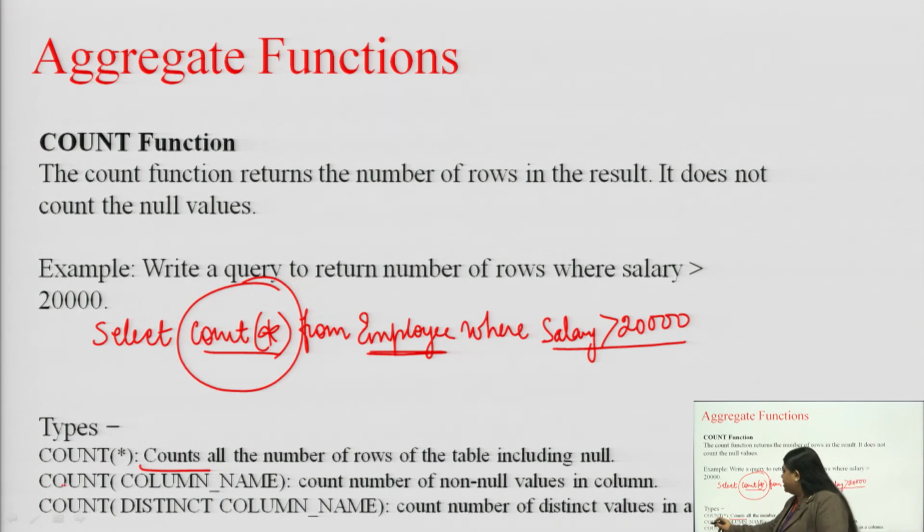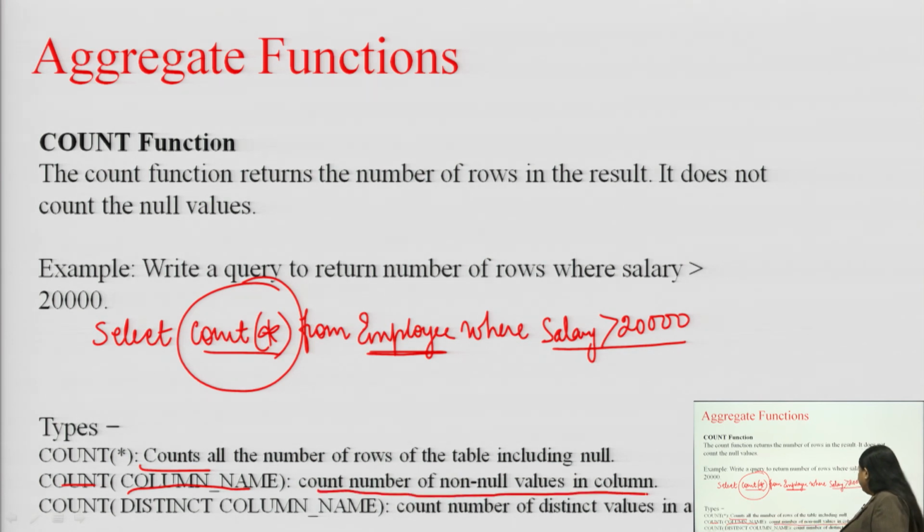Now, simple count on a particular column name, what is it going to do? It is going to count the number of not null values in the column, right. If we specify the attribute name in this bracket, it is going to count only those values where it is not null, right, where it has not been left out,